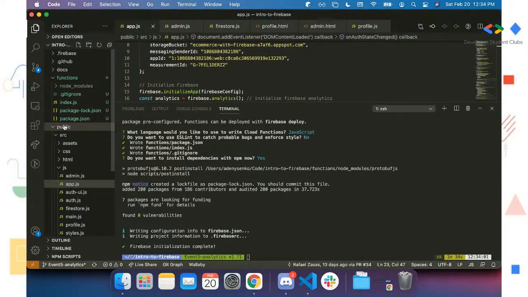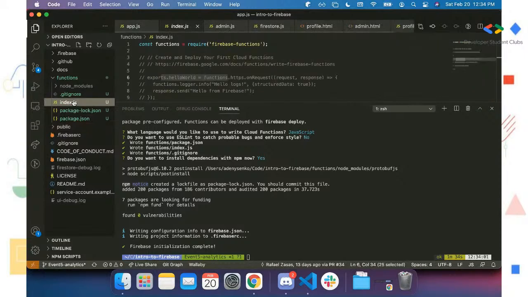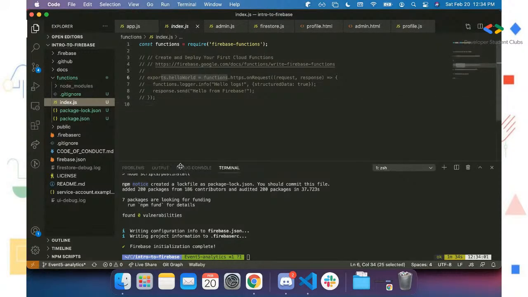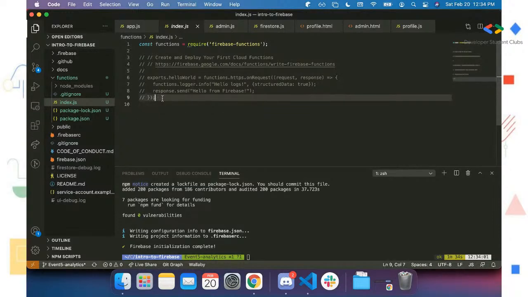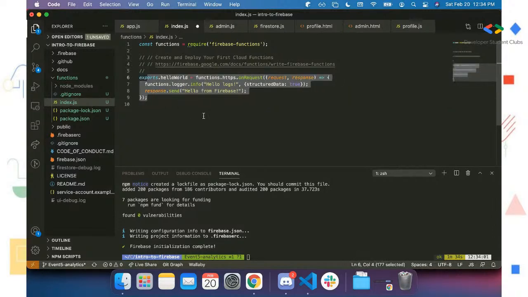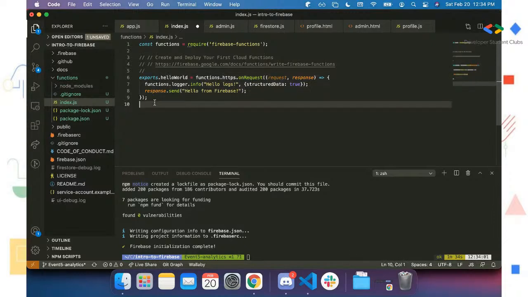We also have this index.js file. This is going to be the heart of your Firebase functions, because that's where your function is going to run from. So right here, just to show an example, I'm going to uncomment this hello world function. All it's doing is importing a module from Firebase Functions called functions, and then it's creating an HTTPS function. So basically it's going to create a URL for us to go to, and when we go to that URL, it's going to execute this piece of code. That's the simplest